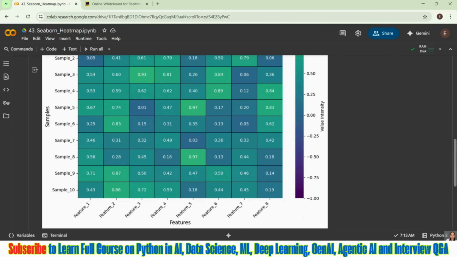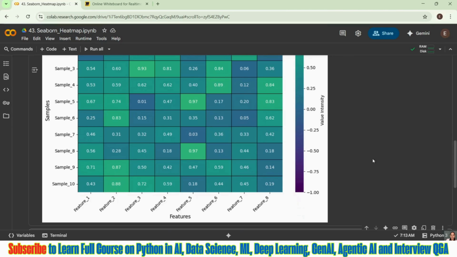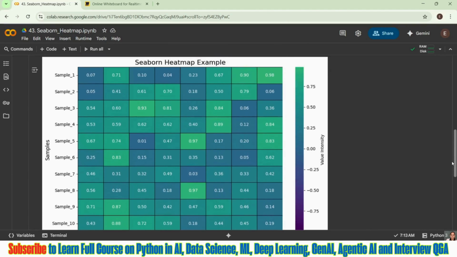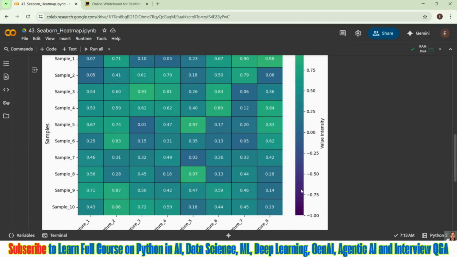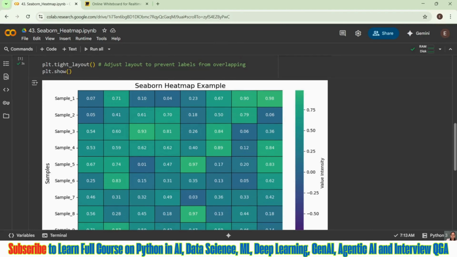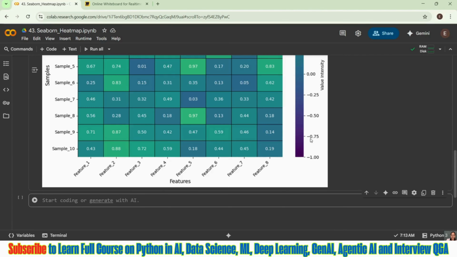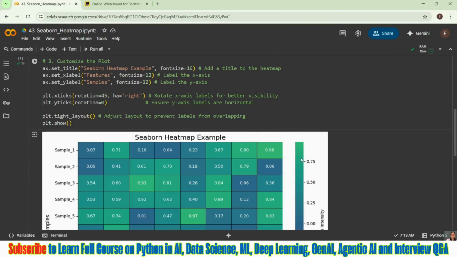The darker the color, towards the top or towards the bottom, like -0.75 to -1 or 0.75 to 1, the values coming in those ranges have high correlation.